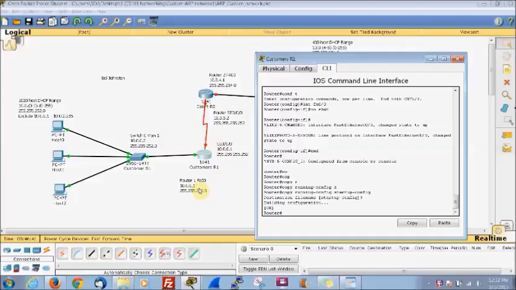That one configured. And now we're going to go ahead and get our DHCP